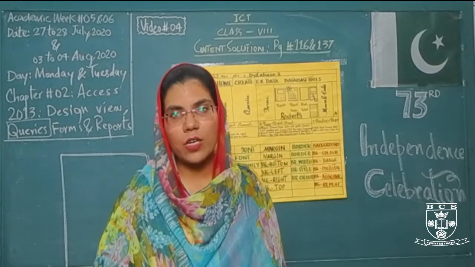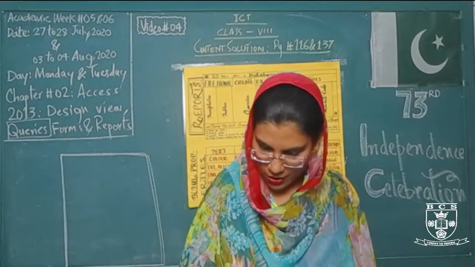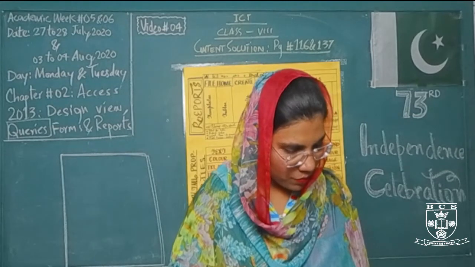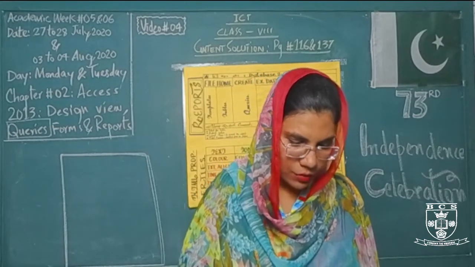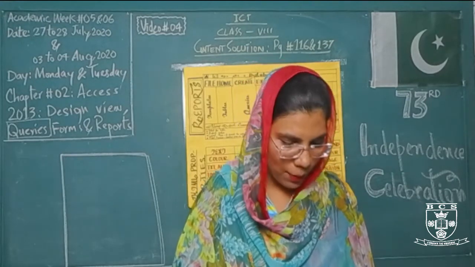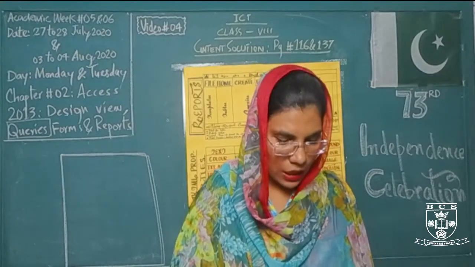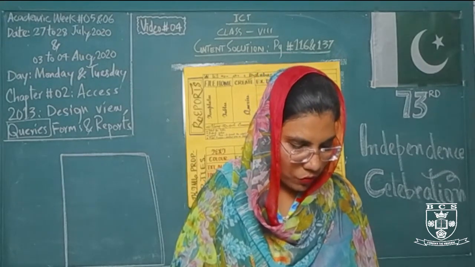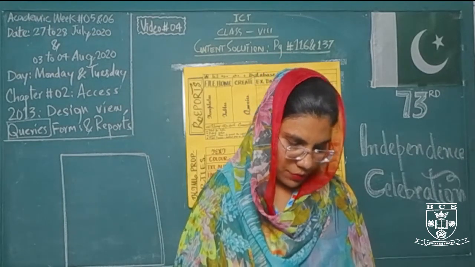Now for the first one, we have to suggest the fields that must be present in the table that Mr. Shanza is drawing. The fields that can be present in the table are: the first field, bus pass ID; the second field, the roll number; the third field, the class; the fourth field, the name of the student; and the fifth field, your telephone number. The last field is the bus fee.